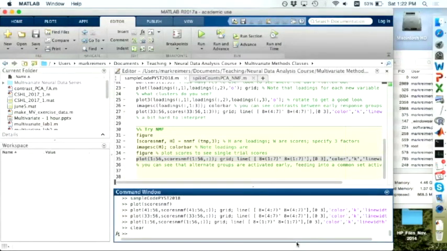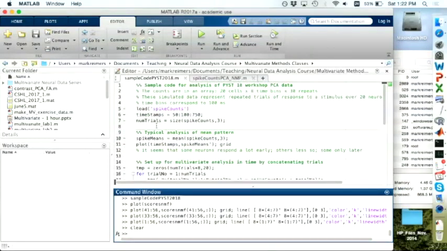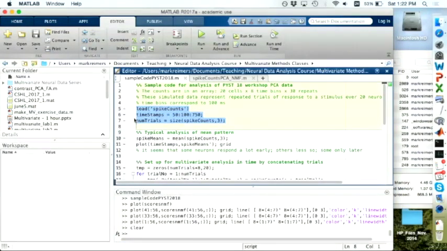Some of you have plowed ahead right to the end. So let's just discuss. All right, so let's start with loading things. This is meant to represent the kind of data you might get if you're recording from, let's say, 20 neurons, a nice round number, you're aggregating spike counts in 100 millisecond bins.